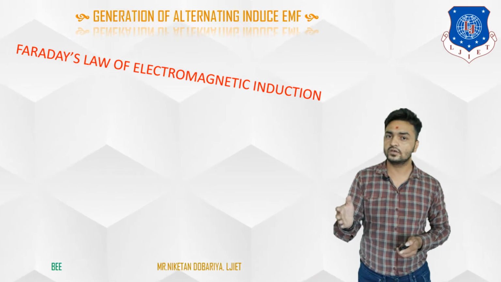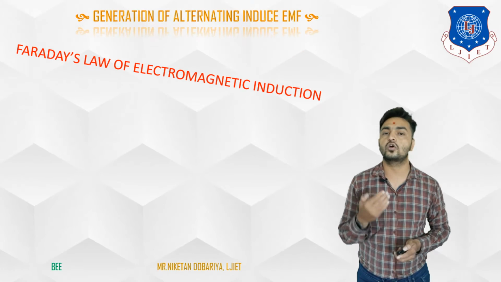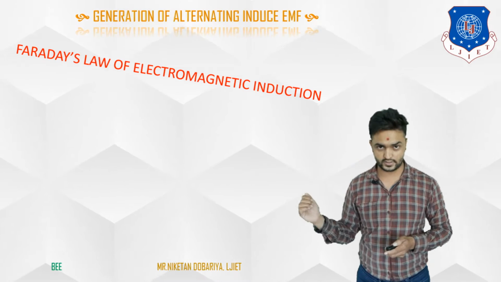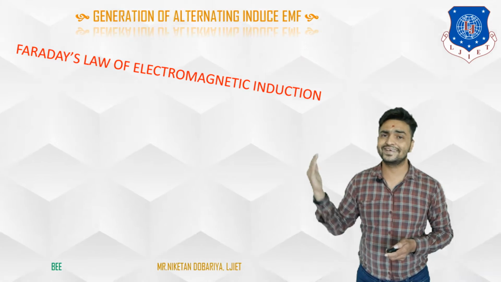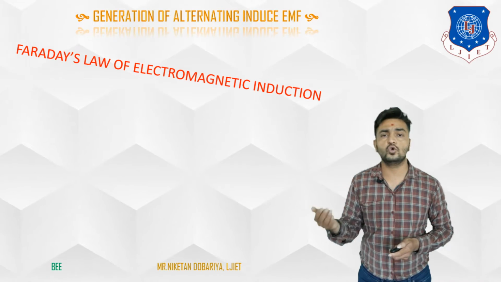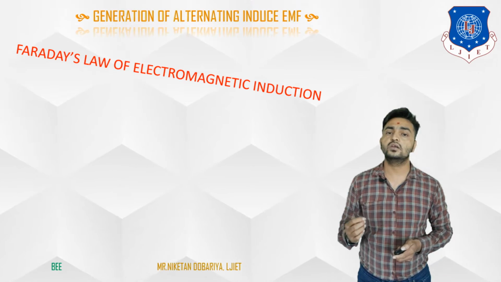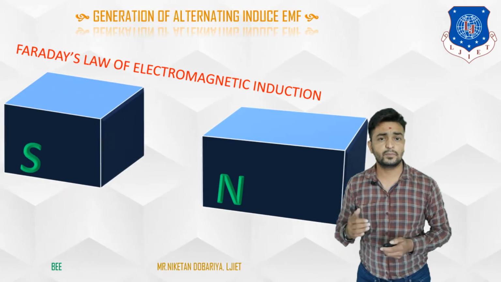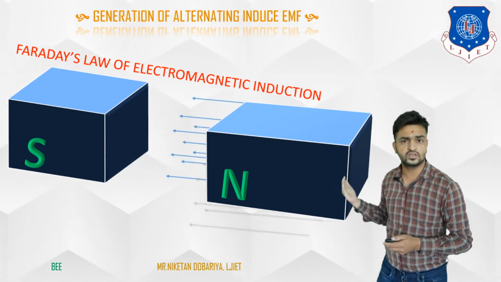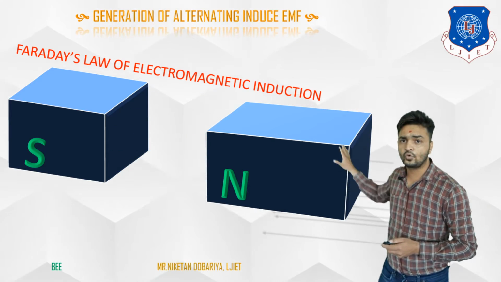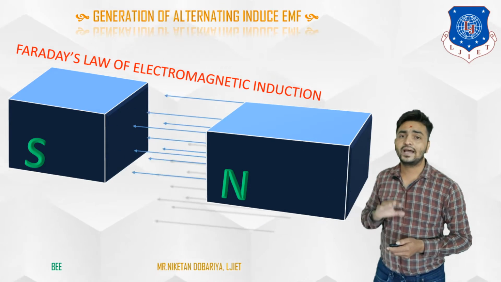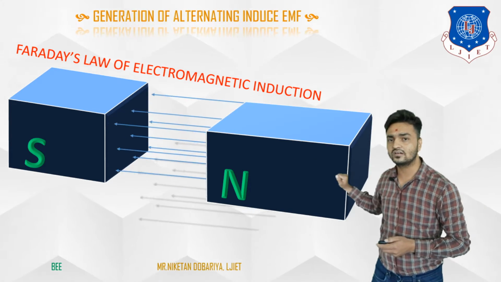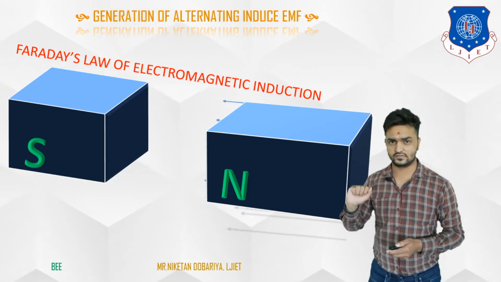So basically, to produce EMF in a conductor or a coil, we need to provide variable flux to the conductor or coil. Based on this statement, we can say that to produce any voltage, AC or DC, we need mainly two things. First one is a magnetic field, and that can be set up by two magnetic poles as shown in this figure. Here we have two poles, N pole and S pole, and by that we have set up a magnetic field in between, represented here by these lines.